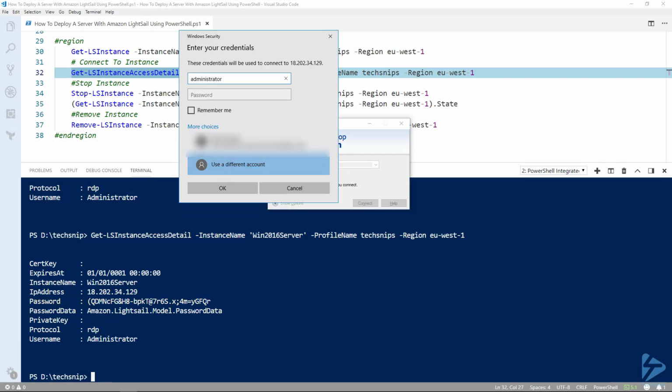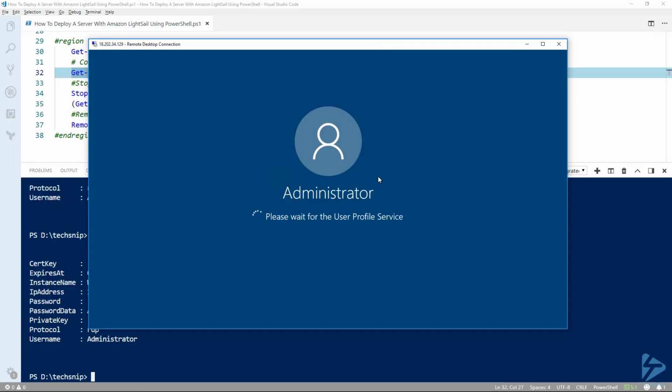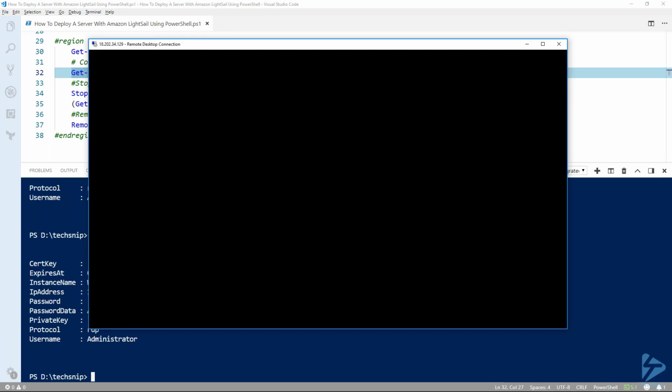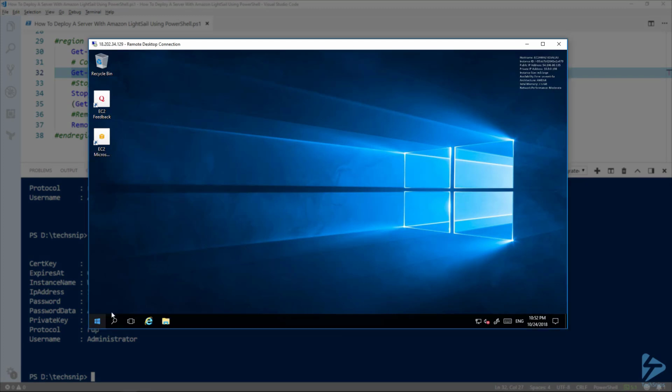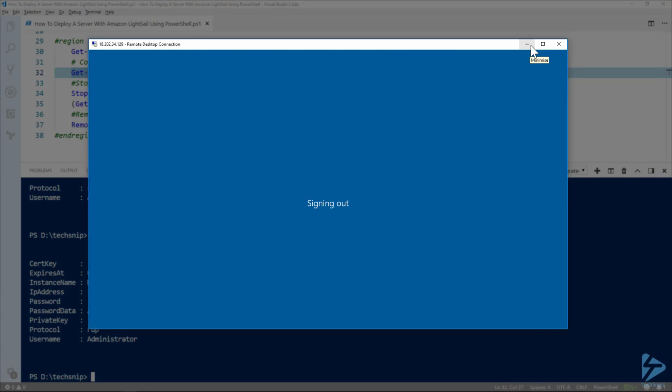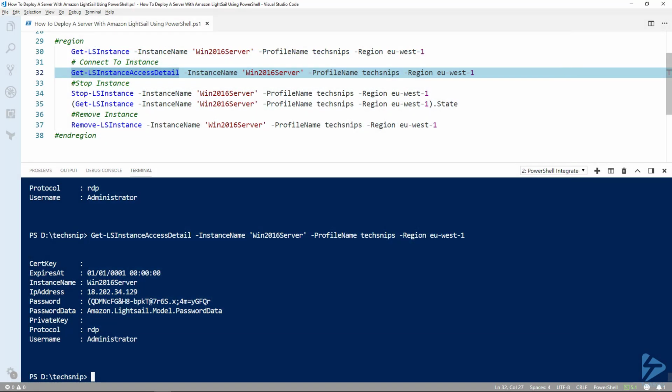So type in the default username that comes with LightSail, and that's Administrator, and then we'll copy the password. So you see now we've got our Windows 2016 server up and running. So I'm just going to log back off that. And if we go back into PowerShell, you'll see the next thing we can do is use the command